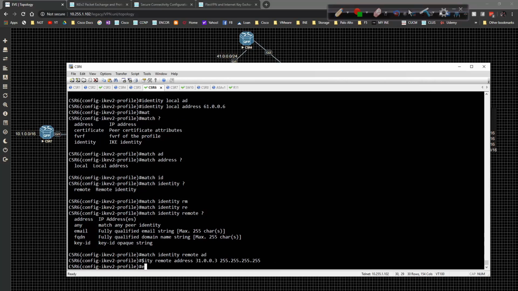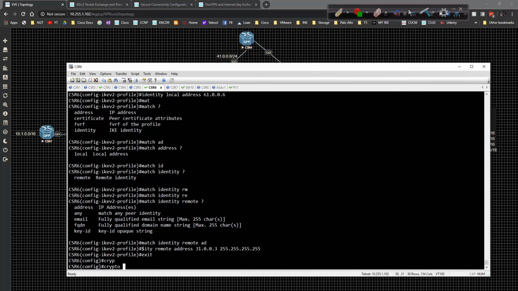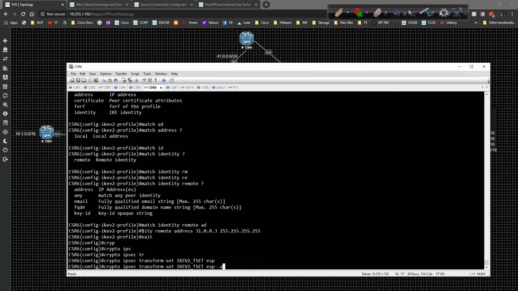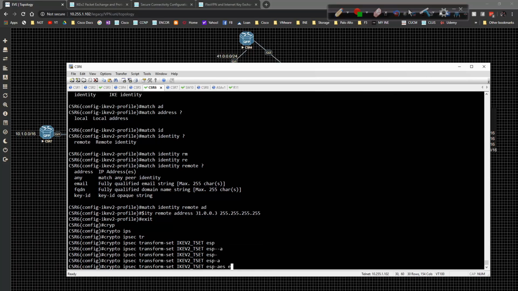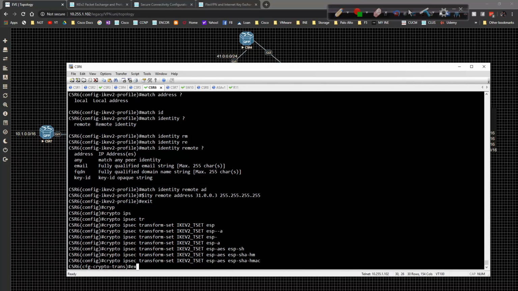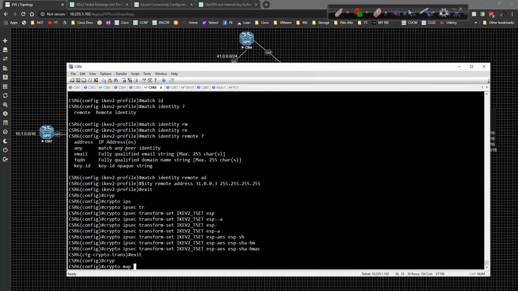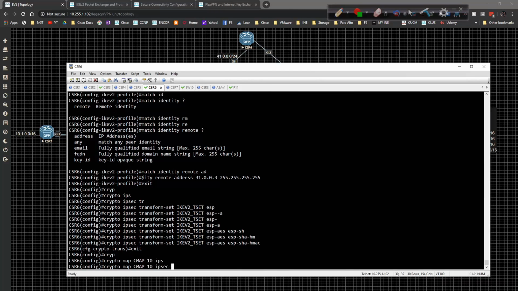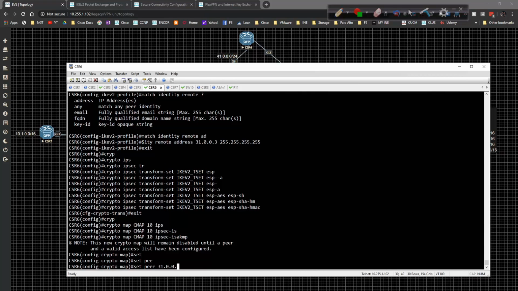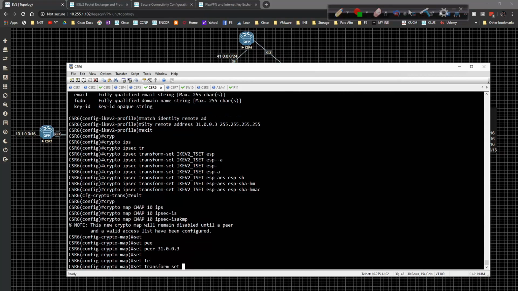And then now that I have that squared away, I can go to the crypto IPsec transform set. It's going to be IKEv2 tset. And we're going to do ESP-AES and ESP-SHA-HMAC. Exit out of that. Crypto map CMAP 10 ipsec-isakmp. Set the peer to be 31.0.0.3. Set the transform set to be,